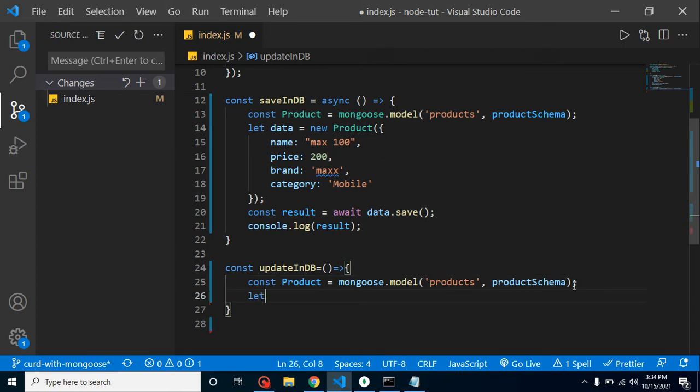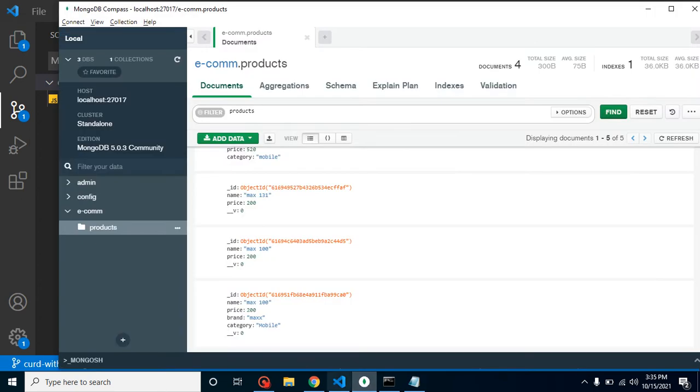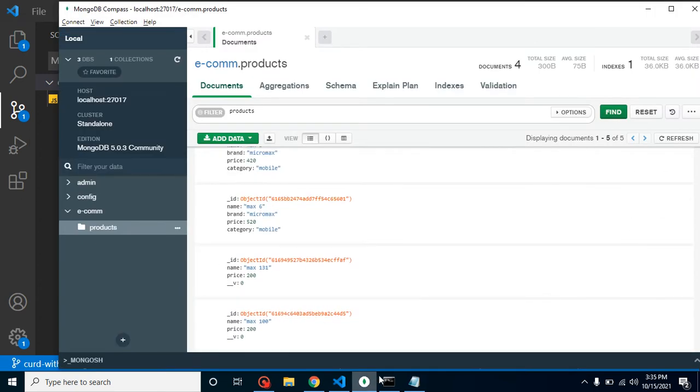After that, let's take a product, and it has a function named updateOne. So let's put updateOne here, and here we can pass our condition. Let's say I want to update the name max 6, right?